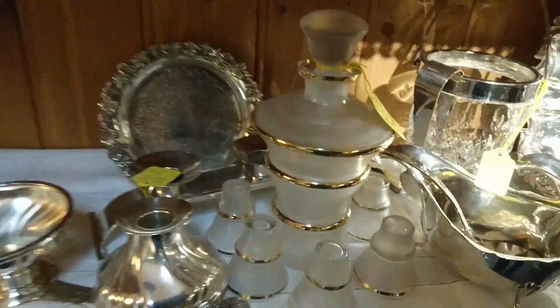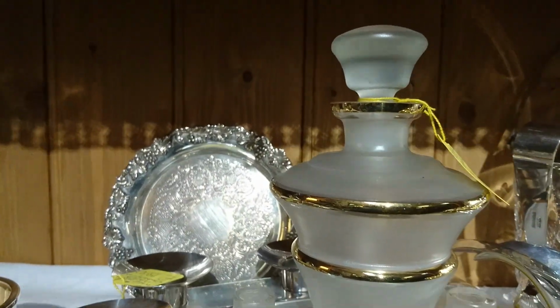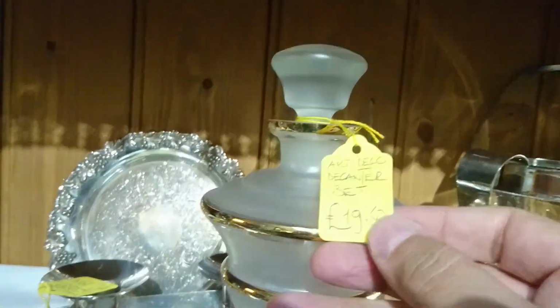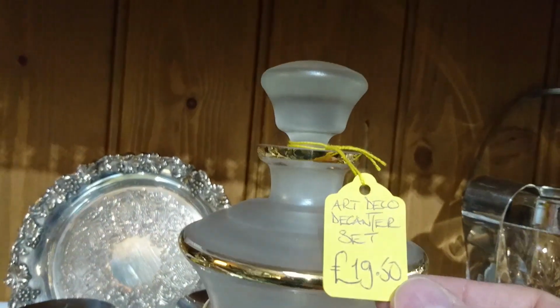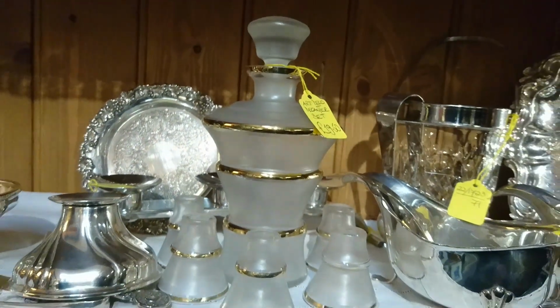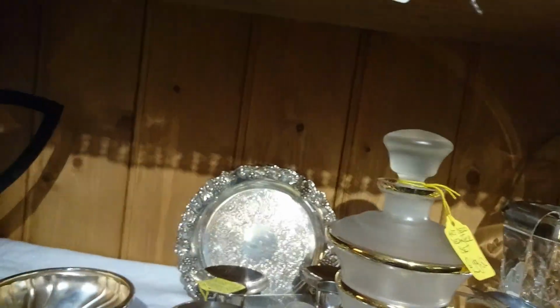Look at this. This is a cool set. I think this is Bohemian. I think it's post-war. It says Art Deco on here. Art Deco is fine, okay. They made Art Deco after the war. You just have to, because Art Deco is a style, it's not a time period. And this looks very Art Deco. And look at,